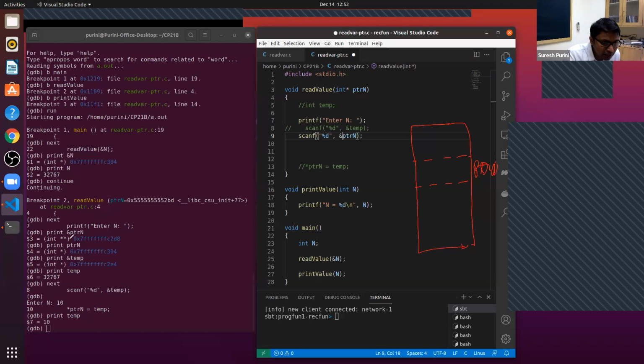From here, the address of PTRN is 2D8. So what will happen on line 9? Whatever value we type, where will it go? It will go to this memory location. Are you all with me here? Do you agree with line 9? That this is the effect of line 9.